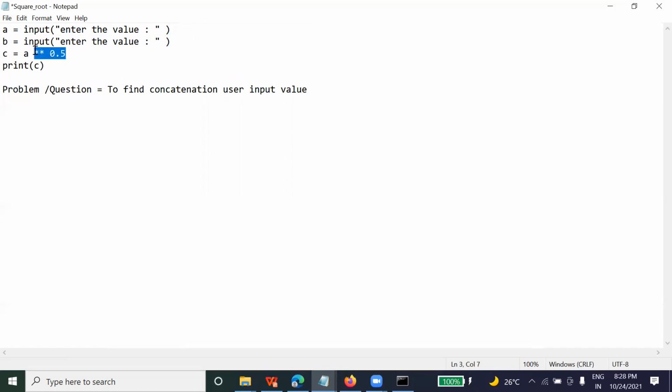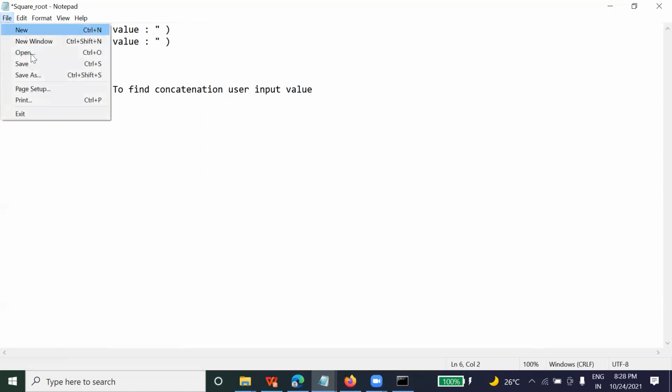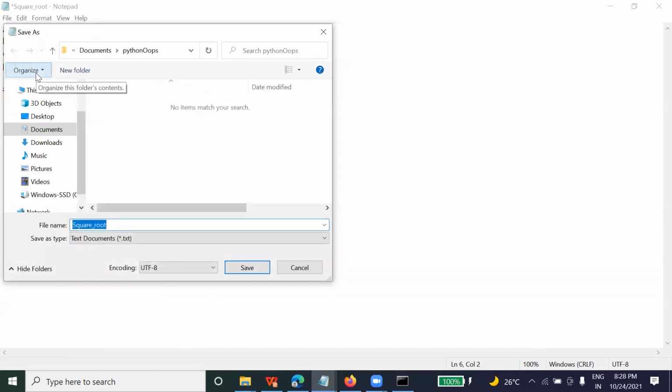Now this will be changed to a plus b. If you remember, I told you a plus b. Now we're going to comment this. How do we add a comment? With this hash symbol. Now I'm going to save this as concatenation.py, and I'm saving this file.